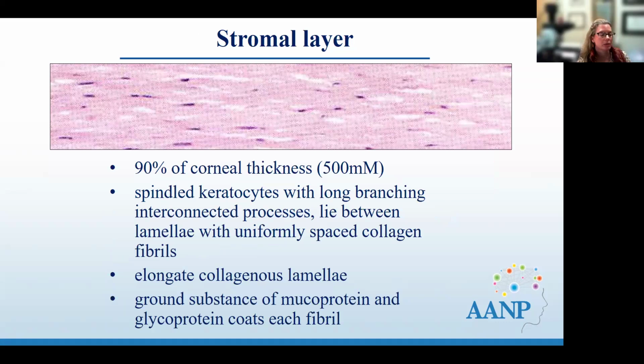And so then the stromal layer, as we discussed, is most of the thickness of the cornea. So it's about 500 millimeters thick. And then the spindled keratocytes have those long branching interconnected processes, and that uniform spacing develops that optic clarity. The ground substance that's within there is mucoprotein and glycoproteins, and it coats each one of those fibrils,